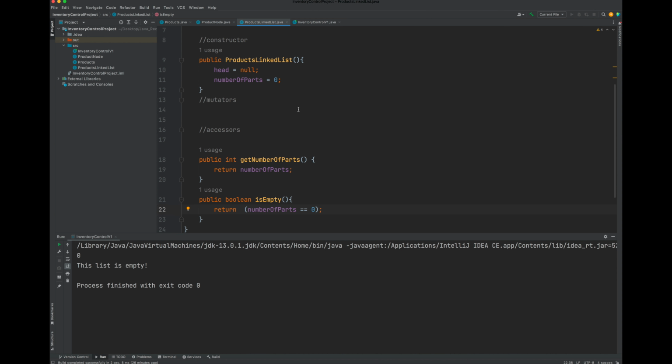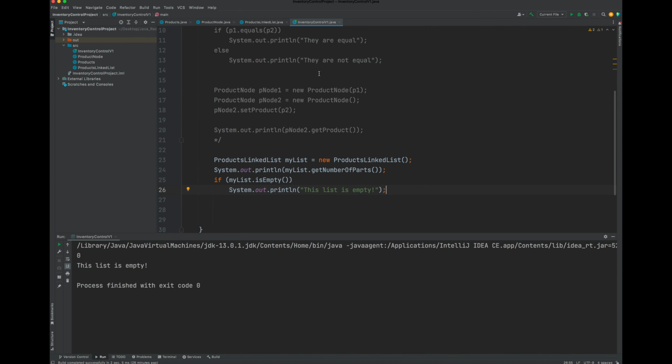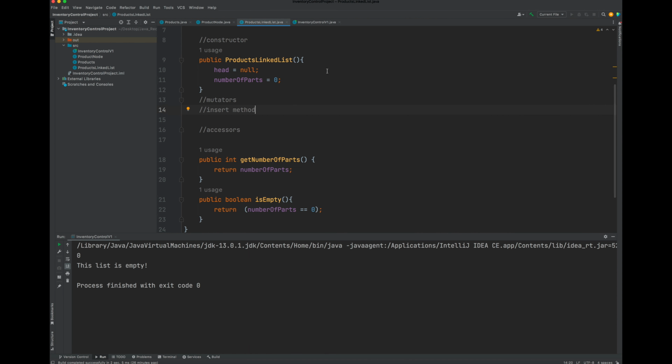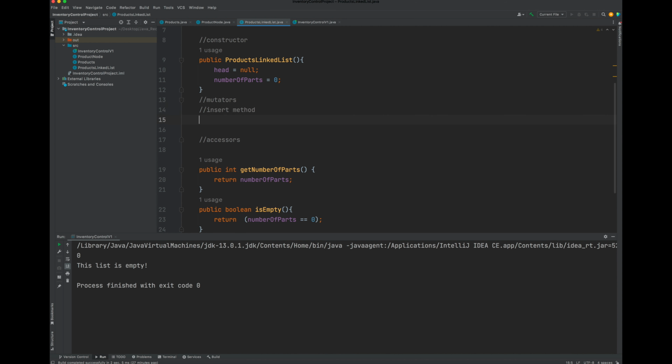Under mutator, I'm going to do the insert method here. In other words, that's where we're going to insert an actual product, P1, P2, for example, into the list. Okay? All right, so this is going to be one of the most important methods here. The next one will be the delete method, where we're going to be removing a node. Now that one can be a little tricky, so this one is a little bit easier. But we need to pay attention. Okay,